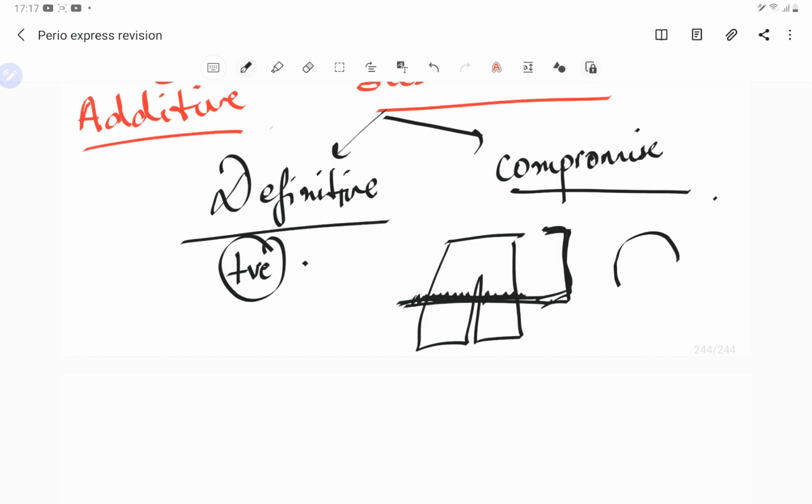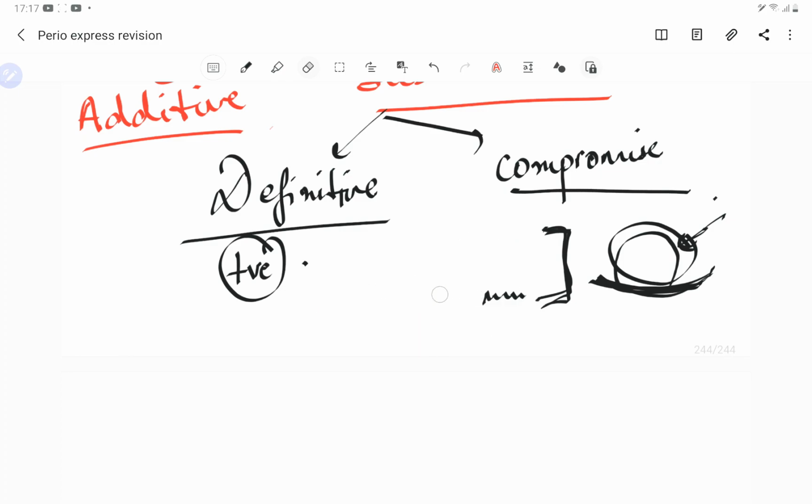Say suppose a bulbous bony contour is present, that means if there is a tori present, or if there are ledges present in the bone. In that case, what you do is you finish it nicely, remove this part, and give a nice shape. That is a part of a subtraction procedure, because you are removing part of the bone, you are not adding to the bone. That is not a regenerative procedure, but still it becomes so nice that it is useful to you. So it becomes the definitive procedure. And the compromise is when it requires a large piece of bone removal.